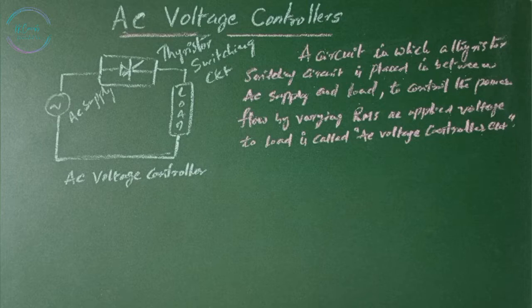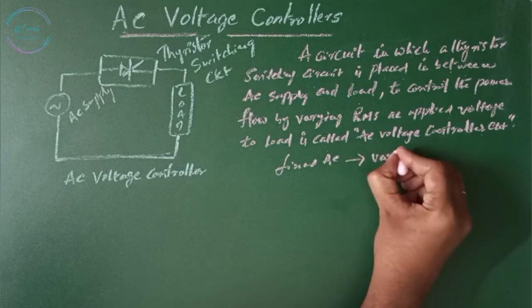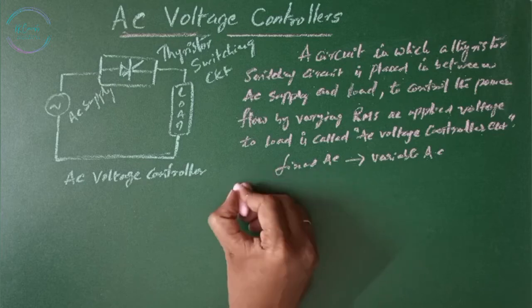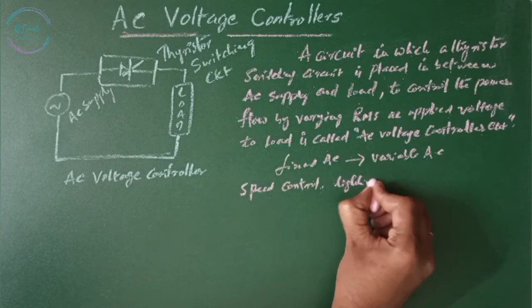AC voltage controllers: a circuit in which a thyristor switching circuit is placed in between the AC supply and the load to control the power flow by varying the RMS AC voltage applied to the load is called an AC voltage controller. Here, a fixed AC is converted to variable AC, and applications are speed control, lighting control, heating,